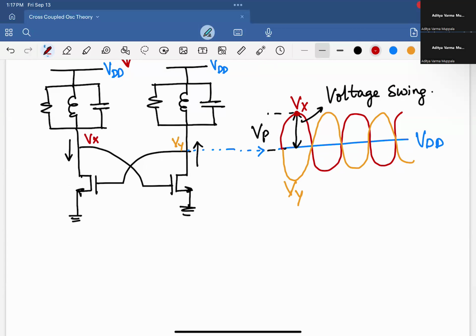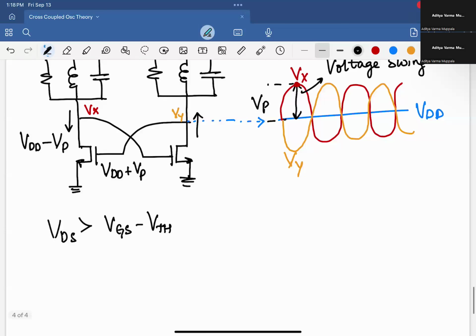Okay, which means that when the gate is at VDD plus VP, the drain is at VDD minus VP. And that's a problem, right? Because we know that for this transistor to be in saturation, we need VDS to be greater than VGS minus V threshold,